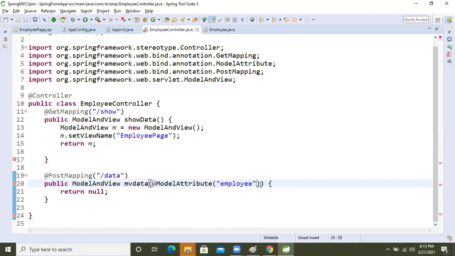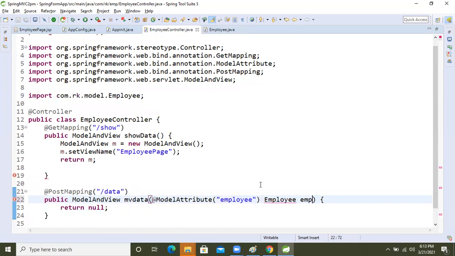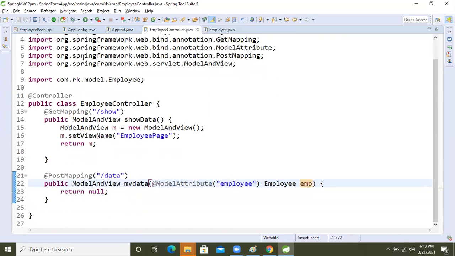So if we want to read the data locally in this method, Employee emp, I'm just taking the reference name. So this is the argument. Based on this, we are reading the form data, object data, using ModelAttribute. Next discussion there is RequestParam, though that is a different concept, don't confuse. When we reach that position, then I will introduce it. Now let's learn things step by step, and we will do wonders.